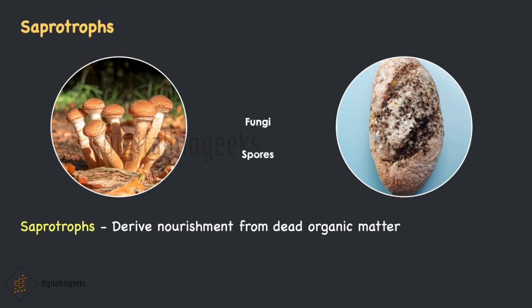Fungi also grows on pickles, leathers, clothes and other objects that are left in hot and humid weather for a long time. Fungi can cause disease in plants, animals and humans. But they are useful as well. Do you know the first antibiotic penicillin was produced by a fungus? Parasites are organisms that derive nourishment from other organisms. But saprotrophs derive nourishment from dead organic matter.